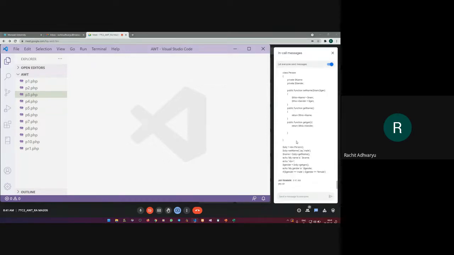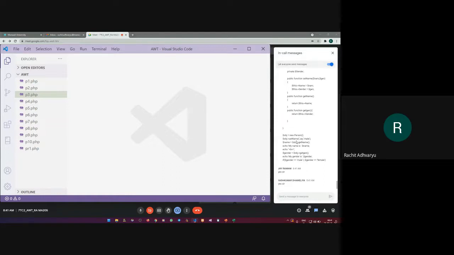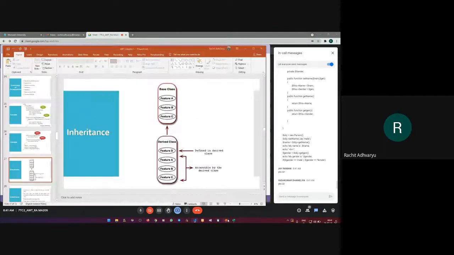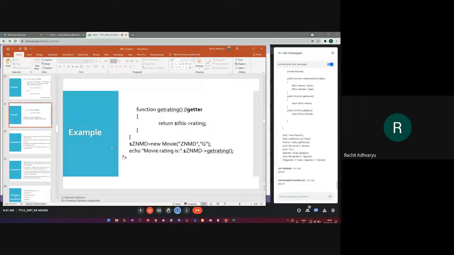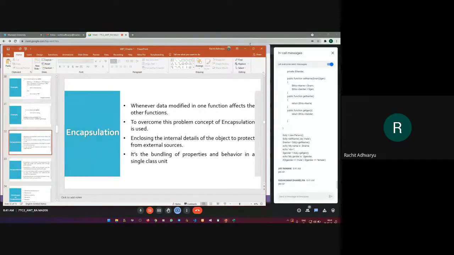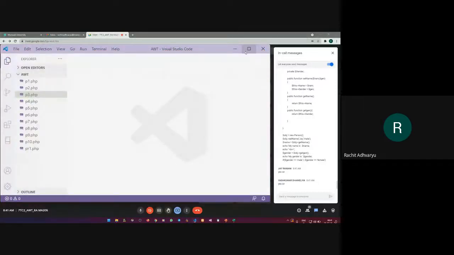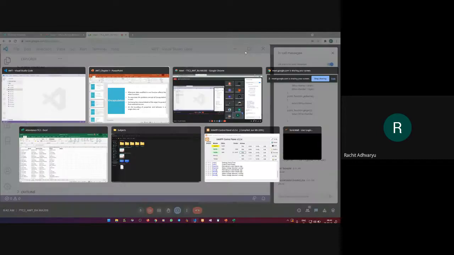The getters and setters. So moving on to the next concept, the easiest concept of OOP, that is encapsulation. Tell me, what do you mean by it? The encapsulation. I'm talking about encapsulation. What do you mean by encapsulation? Be quick to answer. It's only a theory part. What is encapsulation? Come on, guys.